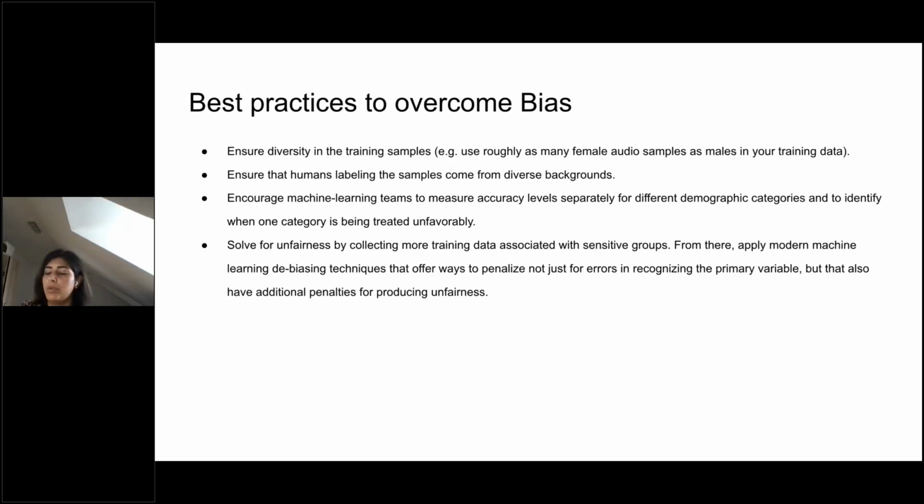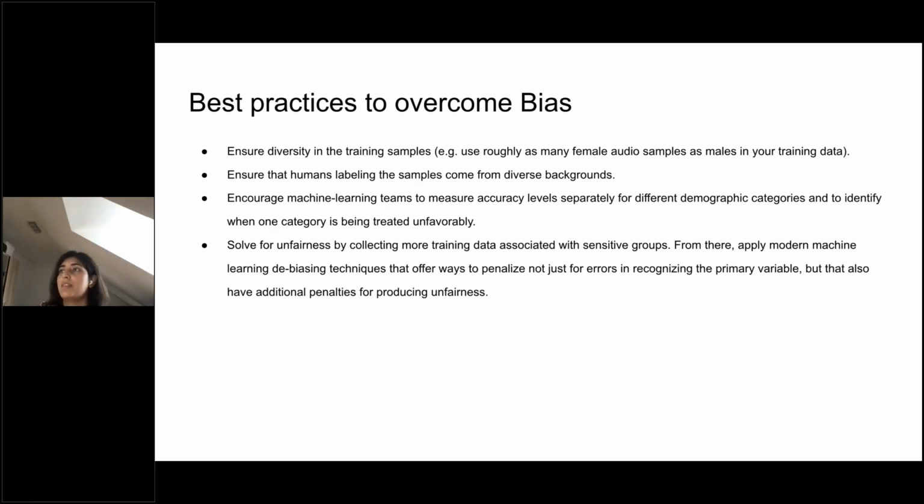Yeah, so I think most of the points written here I already covered. So we will now talk about the best practices to overcome the bias. We need to ensure that the diversity in training samples is enough. Either we have it in the data, or if we don't have it, we need to get it. As a data scientist, as a machine learning developer, it's our responsibility to bring diversity into the training samples, either by collecting a lot more data, or with the data you have in hand, maybe doing upsampling of the classes that are underrepresented, or maybe by introducing some weights. This will really, really help.